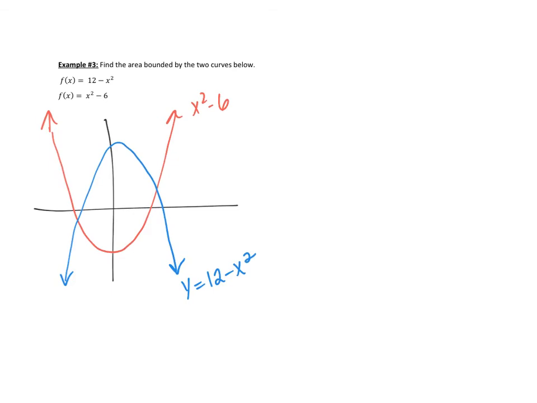So if you want to find the area bounded by these two curves, we want to find the area between here and here, right? That's the area between those two spaces. And it's obvious now that we've drawn the picture that this is my top and this one down here is my bottom. So this blue one is my top and this red one is my bottom. So again, if we want to find the integral, we have to do the top minus the bottom